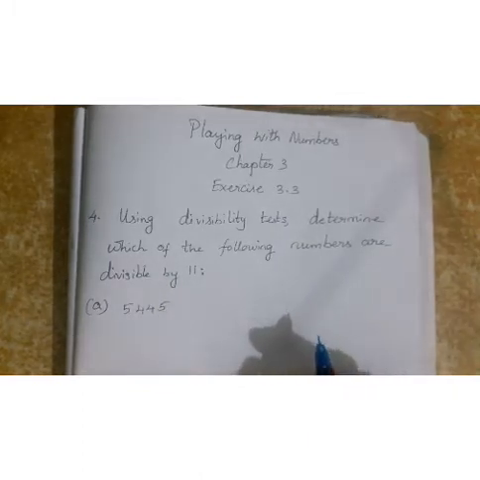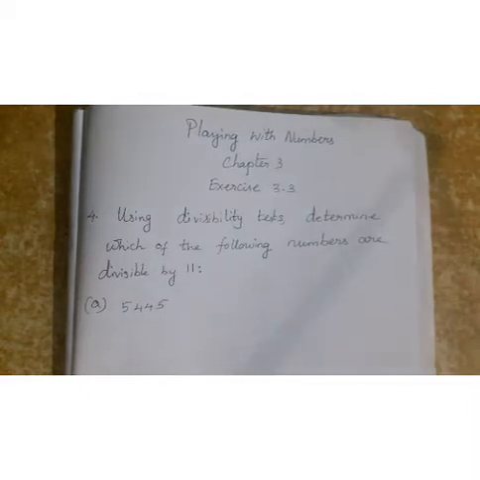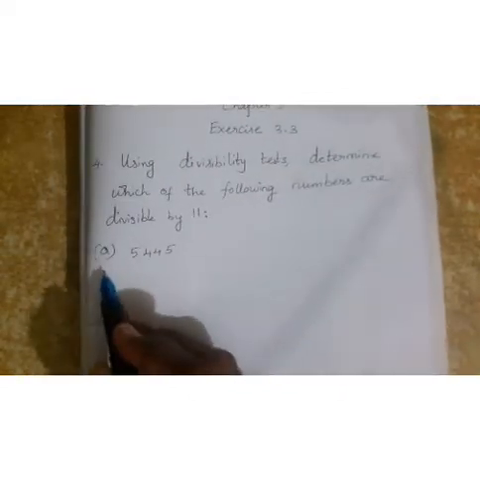To check the divisibility test for 11, we find the difference between the sum of the digits at odd places and the sum of the digits at even places of the number. If it is either 0 or divisible by 11, then the number is divisible by 11. Now let's see the A part,